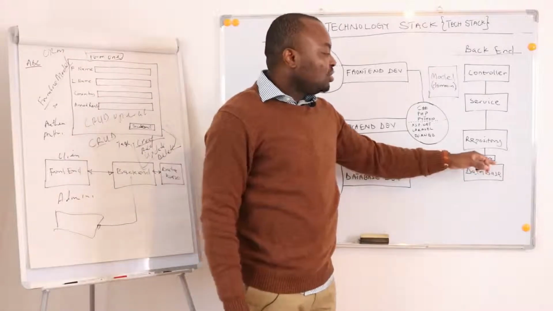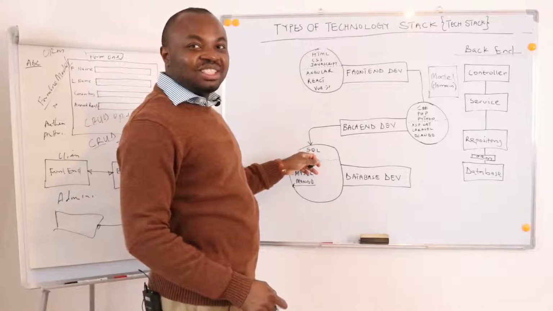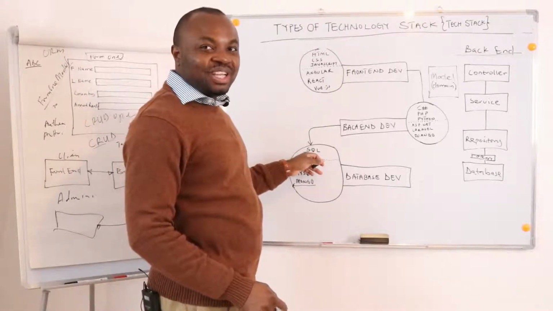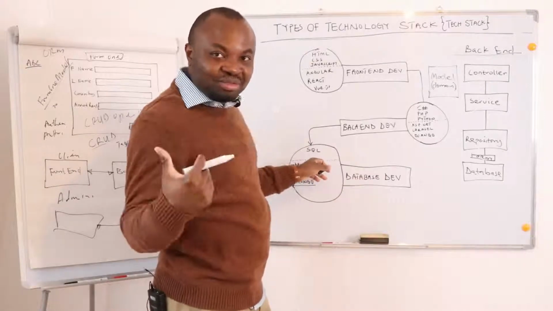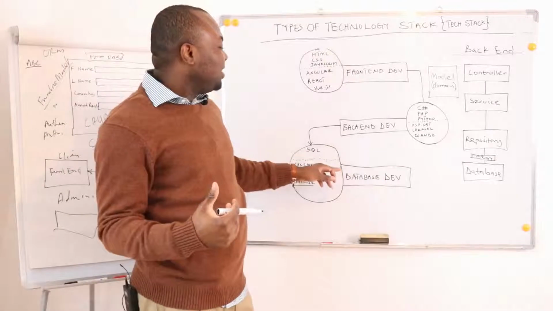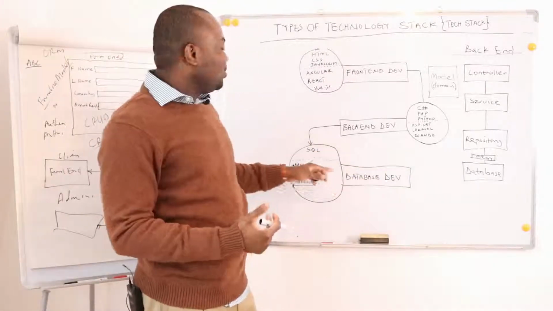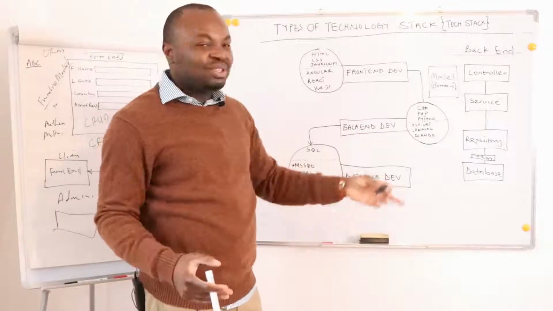If you are not going to use an Object Relational Mapper, then you will be writing SQL. You'll be using SQL to write how your form will be saved to the database. But if you use ORM, then the ORM will automatically do the SQL programming and all the rest for you. So that is one benefit of using ORM.